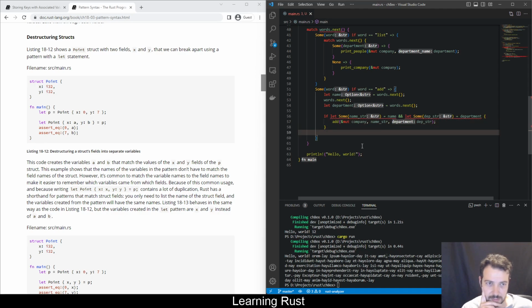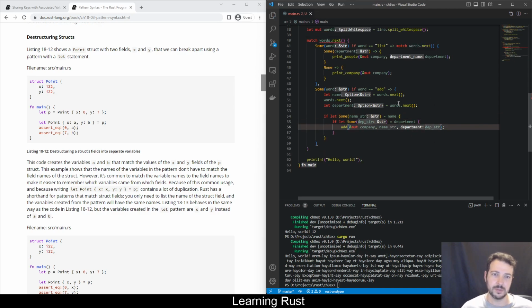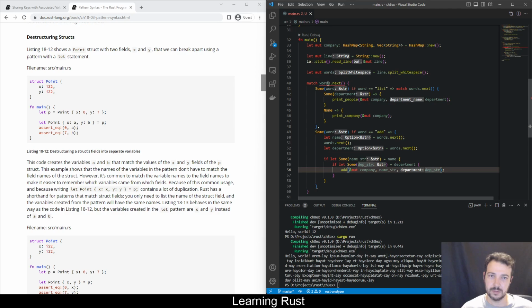Okay, and now something is wrong here. Wrong yellow expression in these positions are unstable. Okay, let's do like a nested if thing, maybe. Maybe this will make it stable. Okay, now it's stable. So we're testing the name, we're testing the department, and now we need to do, okay,